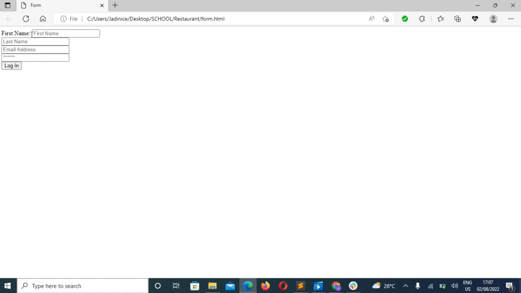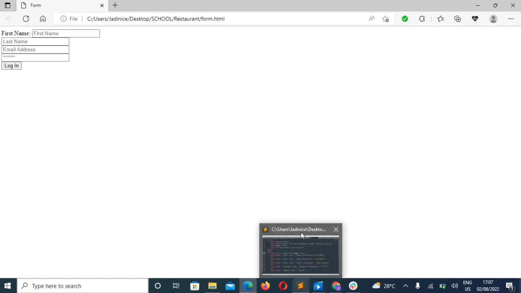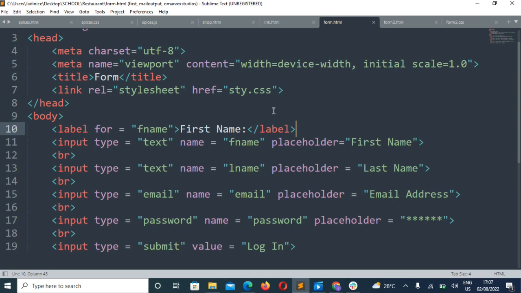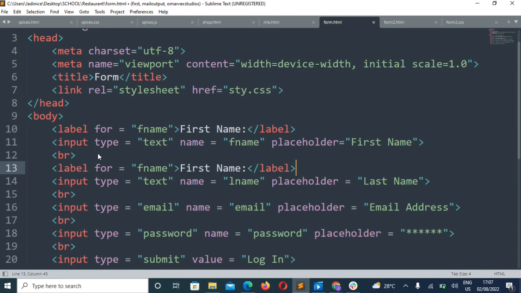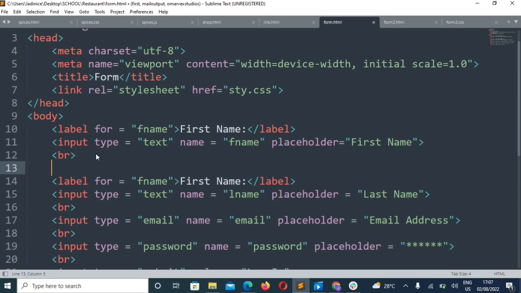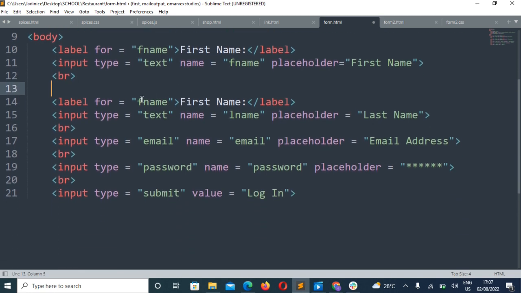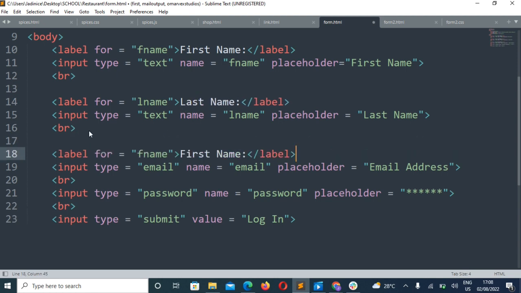Do you see the way it came out? Then we'll just copy this, and then after copying it, we move to the next, Control V. In order not to have any problems, I always leave out spaces so as not to confuse my work. So the next would be last name, after which we'll make another one.